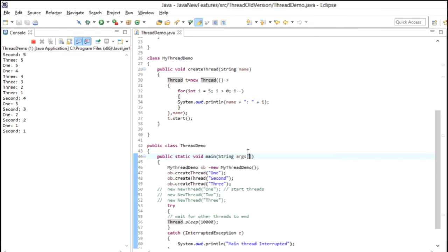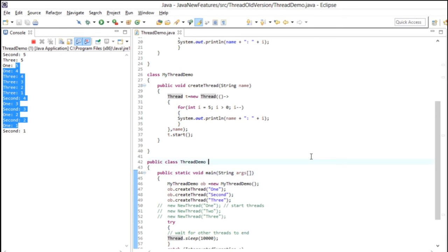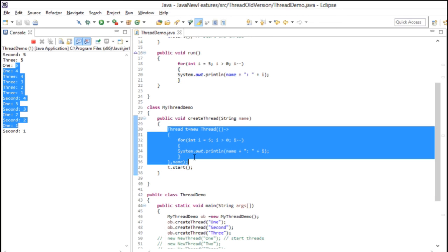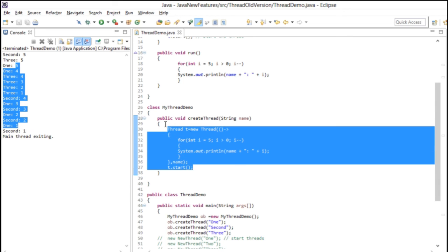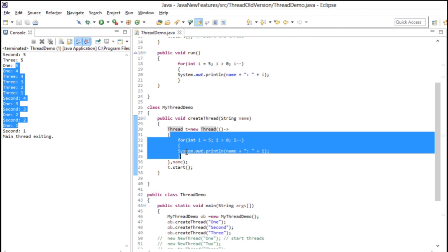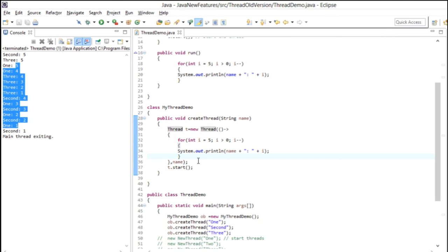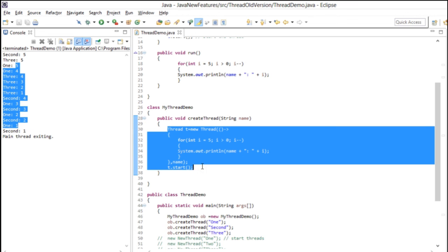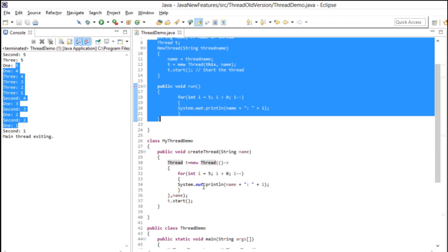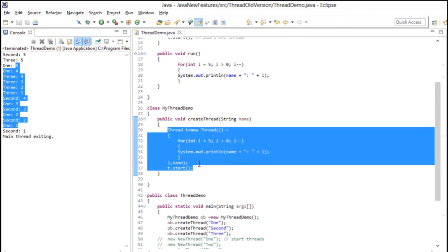So again, see, the output is the same. This code also is going to create the thread, start the thread, and do the business logic. In the business logic it is going to run a for loop, and it is going to print i with the name of the thread. So the output is the same, but the lines of code are only this much over here, if you can see, while in the previous case I had done everything differently. So it is the example of a lambda expression.